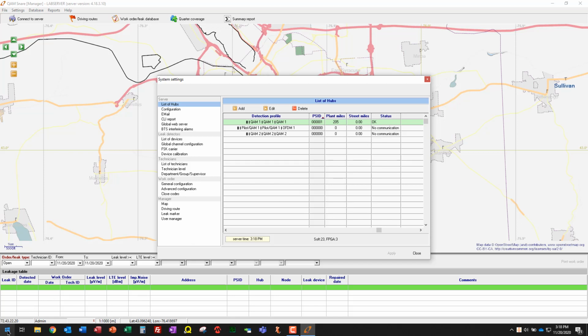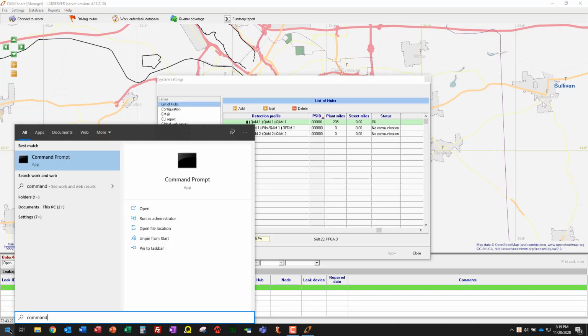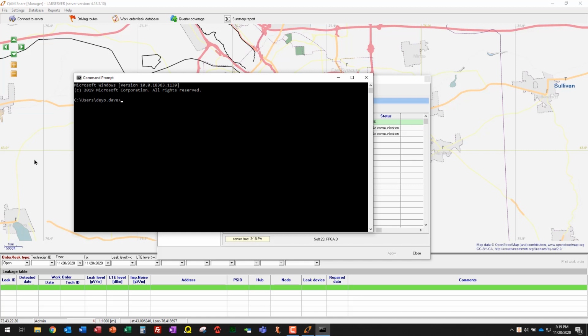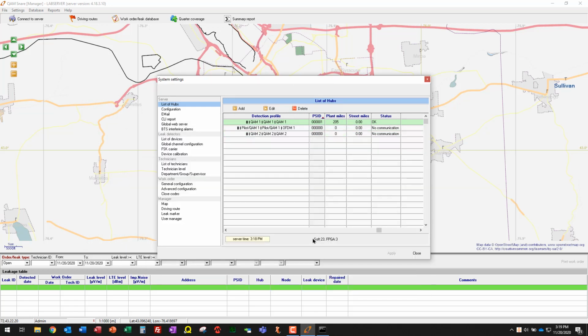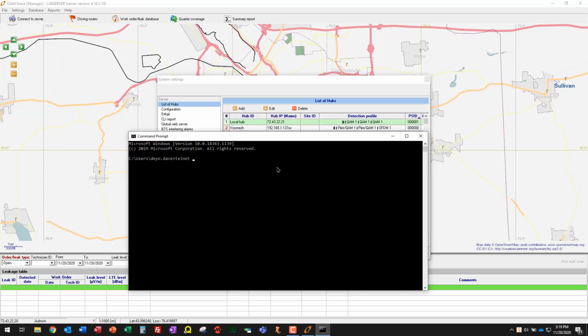Let's go to Telnet. Again, Start. Type in Command, launch the Command Prompt app. And we're going to start Telnet by typing Telnet, T-E-L-N-E-T, a space, and the IP address of this signal processor, 72.43.22.21. So Telnet space 72.43.22.21, a space, and then the port that you want to communicate through. And we all know that the signal processor uses port 23125. Press enter,